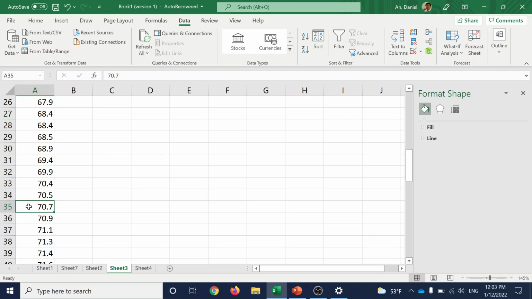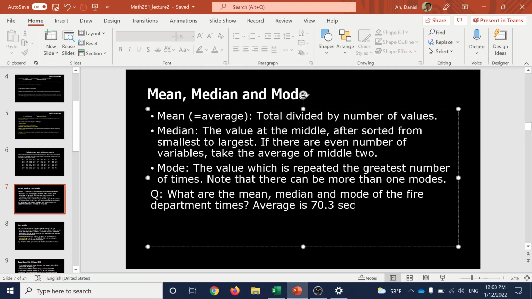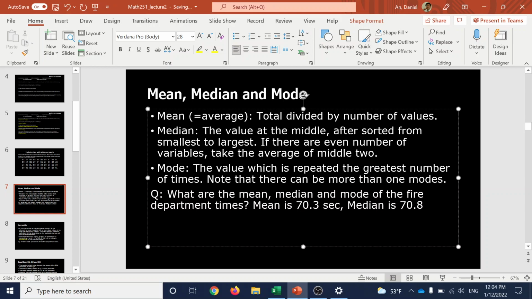What's the average of 70.7 and 70.9? 70.8. Right. So I should be using mean. So mean is 70.3. Median is 70.8. Okay. In this case, they're pretty close, but sometimes they're not. Okay. All right, and then